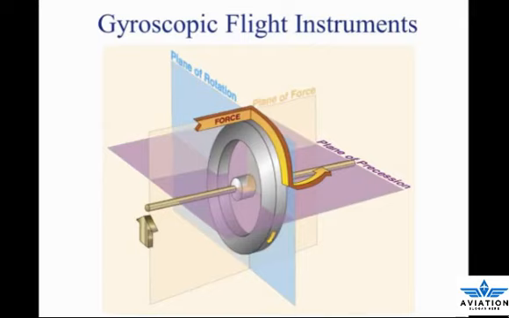Precession is the tilting or turning of a gyro in response to a deflective force. The reaction to this force does not occur at the point at which it was applied. Rather, it occurs at a point that is 90 degrees later in the direction of rotation. This principle allows the gyro to determine a rate of turn by sensing the amount of pressure created by a